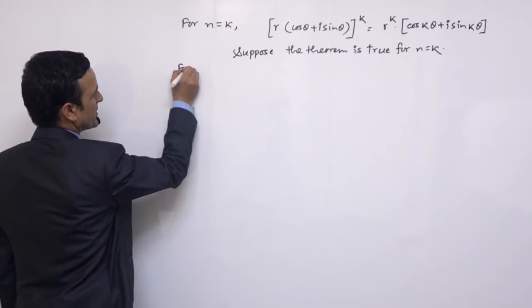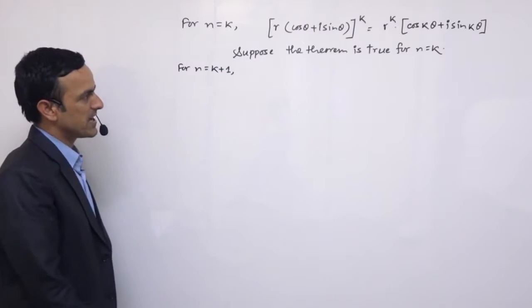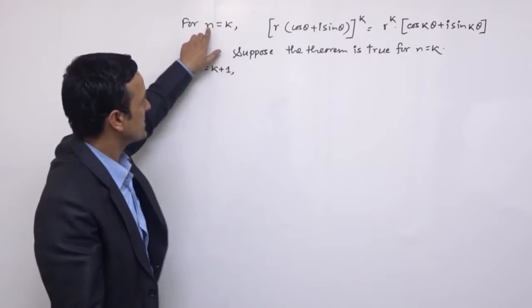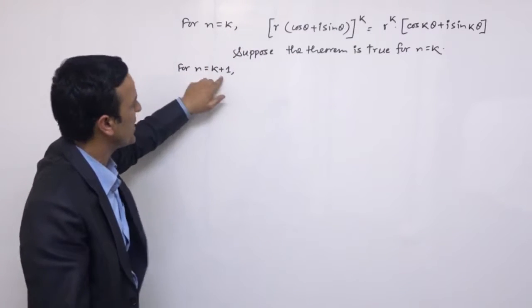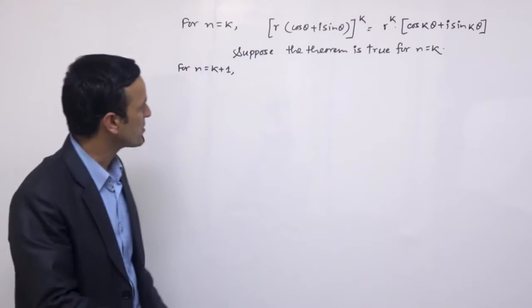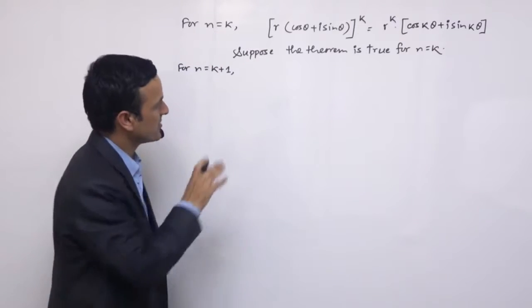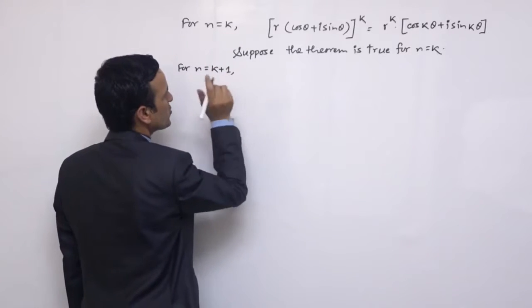त्यसपछि हामी के गर्छौं, for n is equal to k plus 1 राख्छौं। यो स्टेपलाई हामी इन्डक्सन मेथड भन्छौं। एक पटक 1 को लागि ट्रू हुन्छ, 2 को लागि ट्रू हुन्छ, k को लागि ट्रू हुन्छ भने फर्दर k पछि आउने स्टेप k plus 1 को लागि पनि यो ट्रू हुन्छ भनेर देखाउने प्रोसेस नै इन्डक्सन मेथड हो। यो इन्डक्सन मेथड अनुसार हामीले प्रब्लम सल्भ गरिरहेका छौं, थ्योरम प्रुफ गरिरहेका छौं।